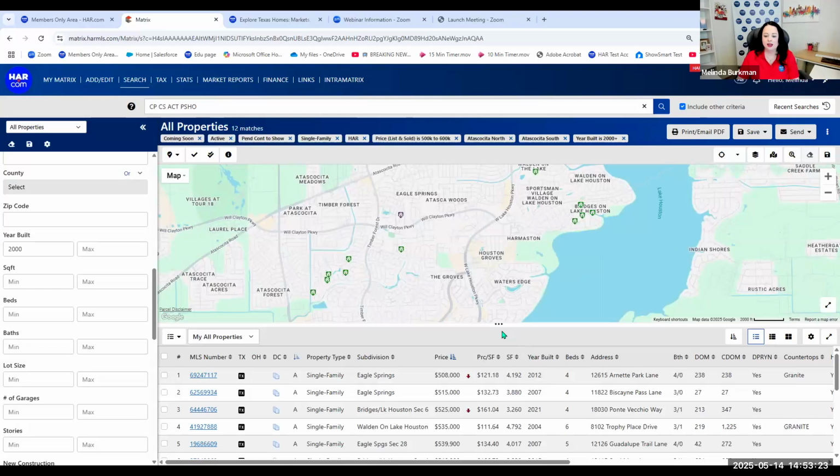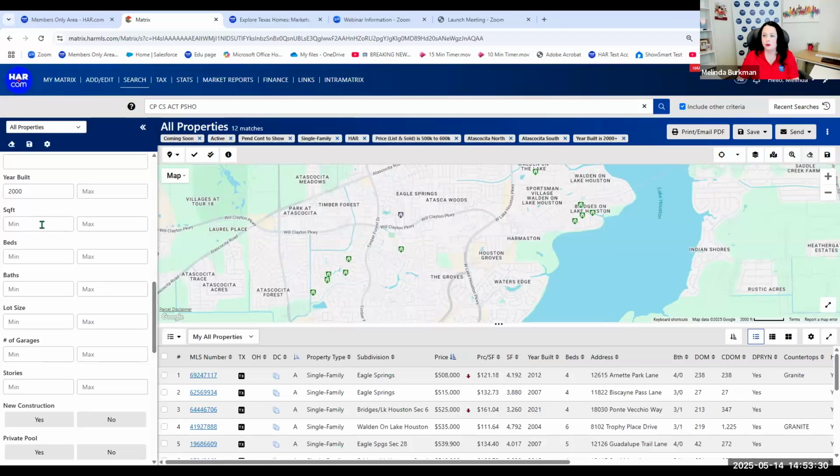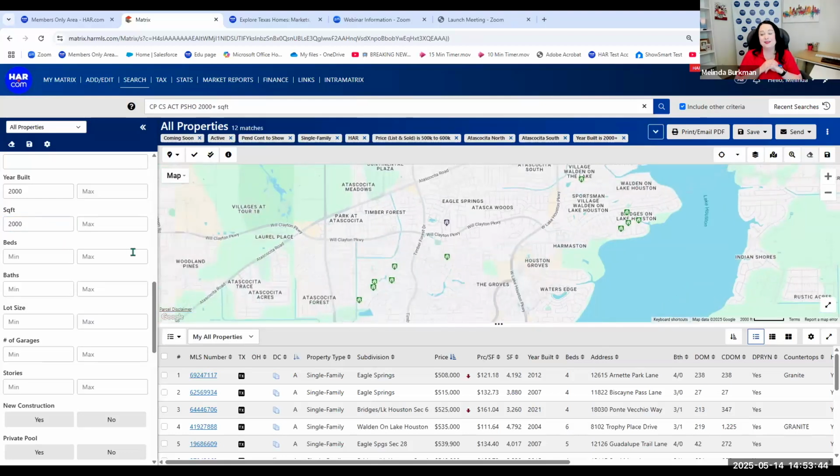That didn't affect my listings too much, so I'm going to leave that there. Square footage. If your client gives you a square footage range, once again, just like the 2000, if they say, you know, at least 2000 square feet, then I might put 2000 and go up. If they say, I don't want to clean a house that's too big, don't go any bigger than 3000 square feet, then you could do the range.